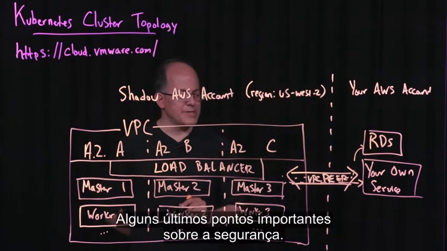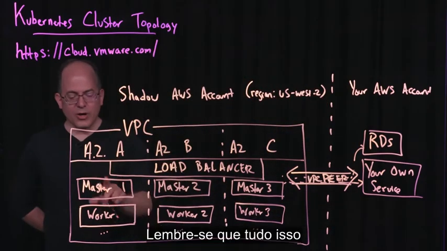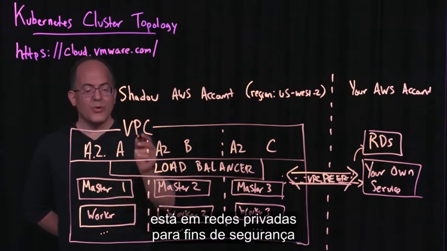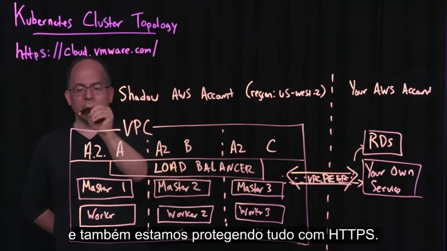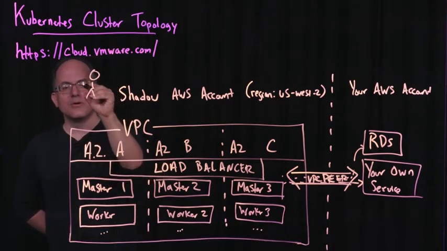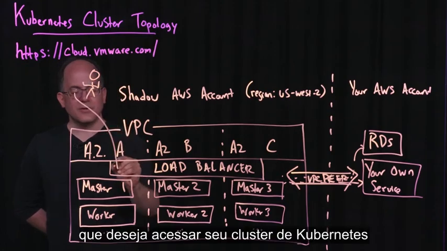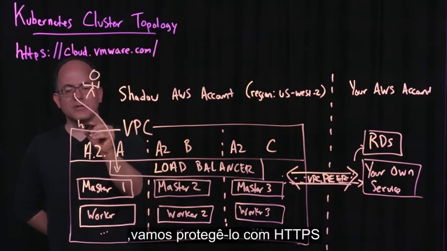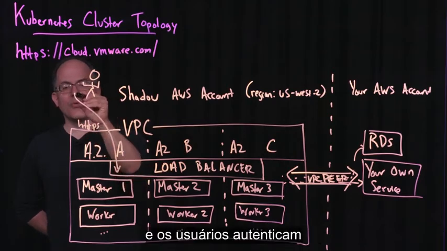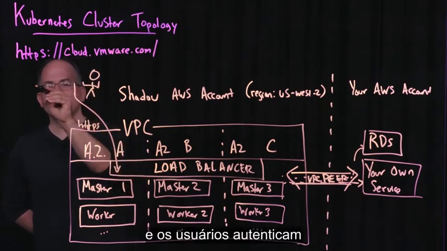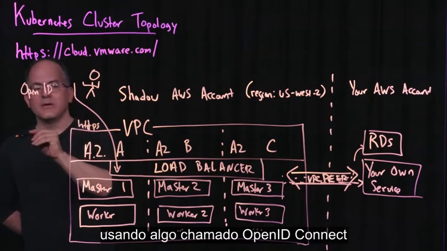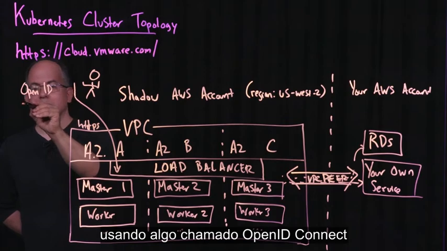A couple last important points about security. You'll recall that all of these are on private networks for purposes of security. We are also securing everything through HTTPS. So when there's a user who wants to access their Kubernetes cluster, we're going to secure it with HTTPS. And users are going to authenticate using something called OpenID Connect,